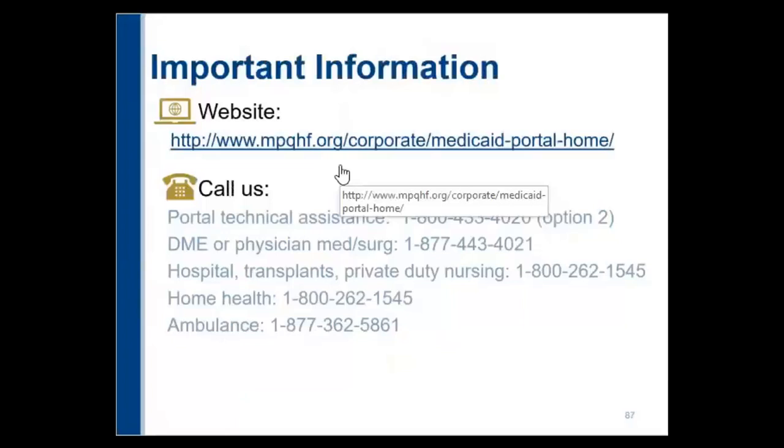Okay, let me give you the website address. I just write it down. It's www.m as in Mary, P as in Paul, Q as in Queen, H as in Henry and F as in Frank .org/corporate/Medicaid-portal-home. And if you go to that website, there's an education and training section that you can click on, and